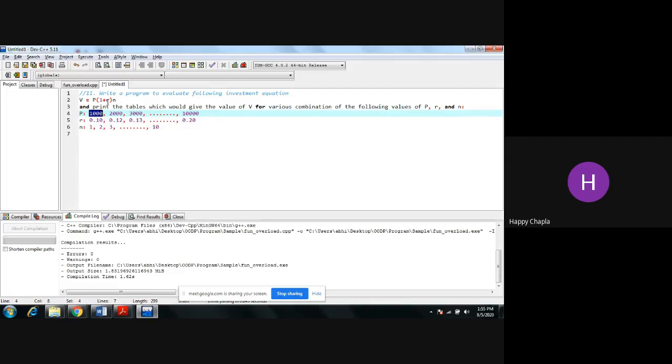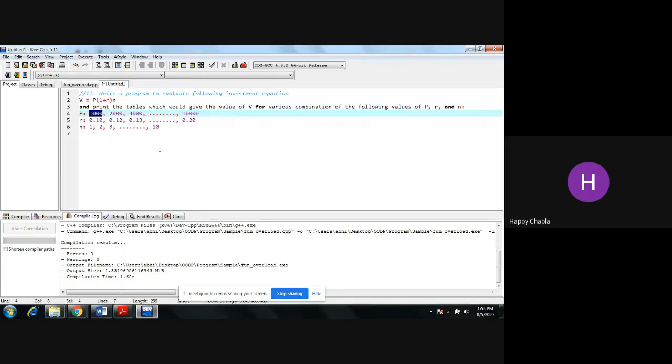For that, you need to put a for loop in the program, and based on that, compare the values from 1000 to 10,000. Put the condition of the for loop accordingly, checking that your P is less than or equal to the limit.